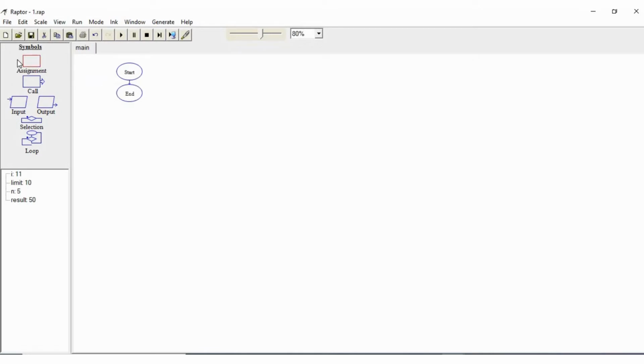The first symbol here is the assignment symbol, which enables you to assign a value to a variable. For assigning a value to a variable, you can click on this assignment symbol and drag it over here.